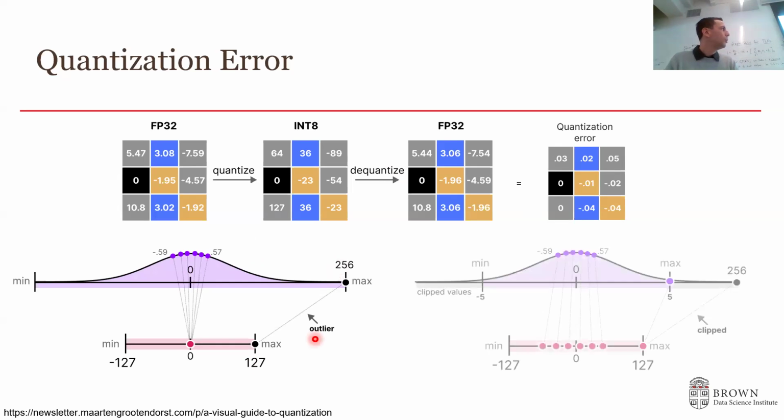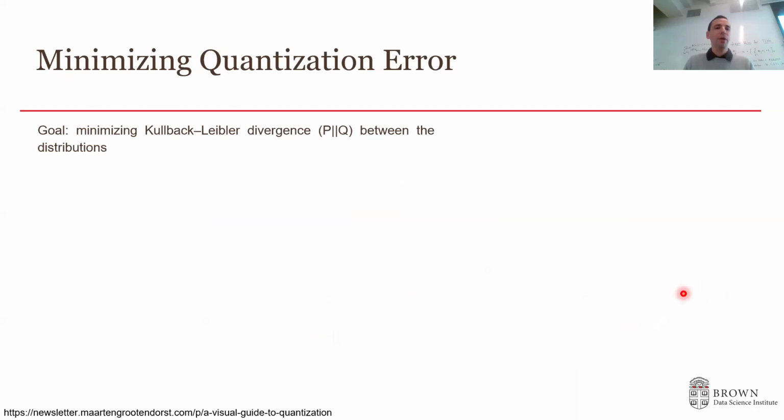So what we can do is just clip the range. For example, say that everything above 5 is 5, everything below -5 is -5, and so on. And then you can see that the distribution will be much more similar to the original distribution. So we just solved the problem, but we actually introduced another problem. How do we select the clipping value? How do we select the min and max values? So in order to solve that, there are two main methods.